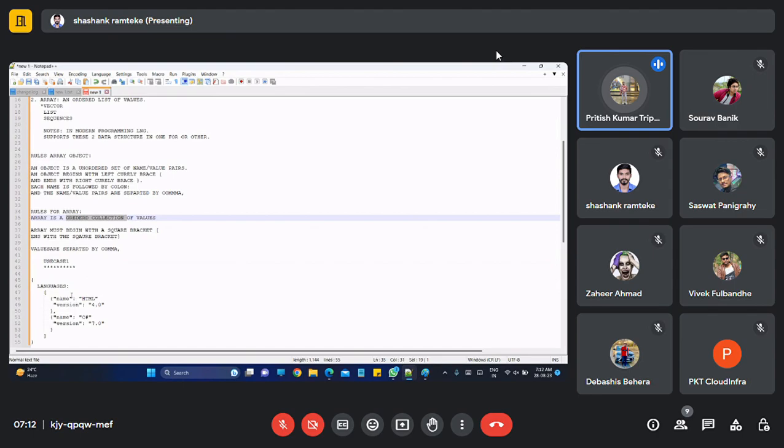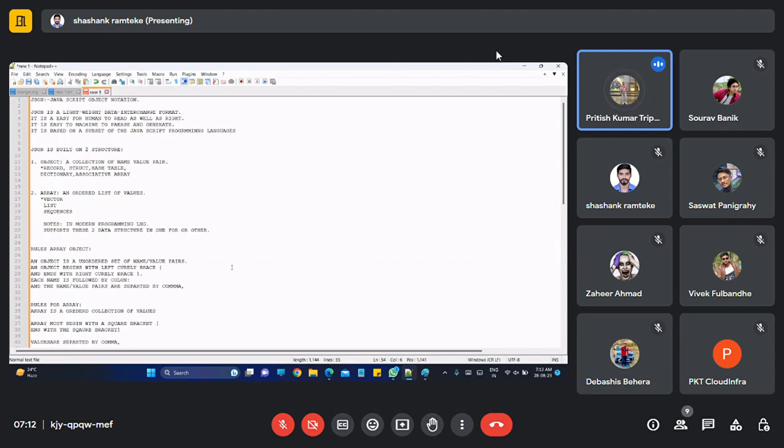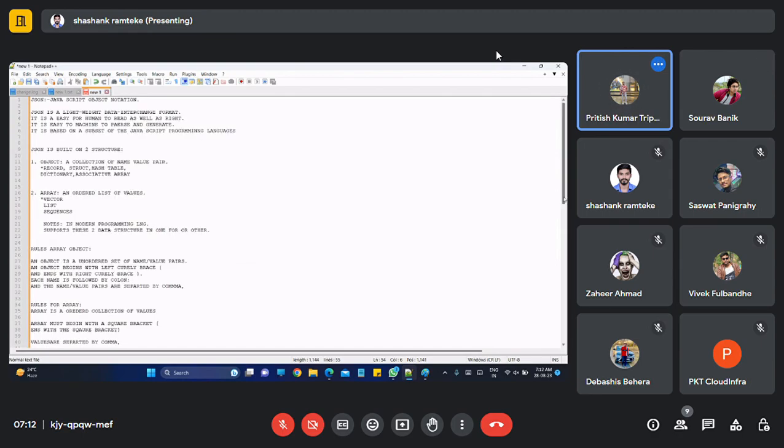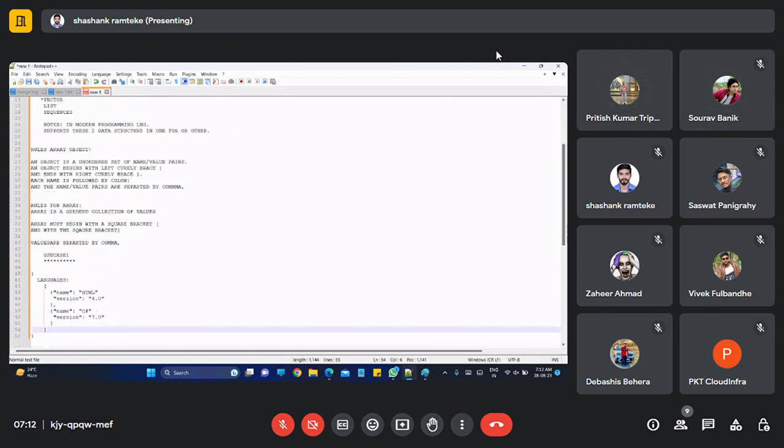If this is the object and this is the object, and if you want to add another object, you have to give a curly bracket, a comma, inside the square brackets. I will showcase it to you in the other part. So this is the basic fundamental. Till now, is it clear to everyone? Yes, sir. Okay, great.